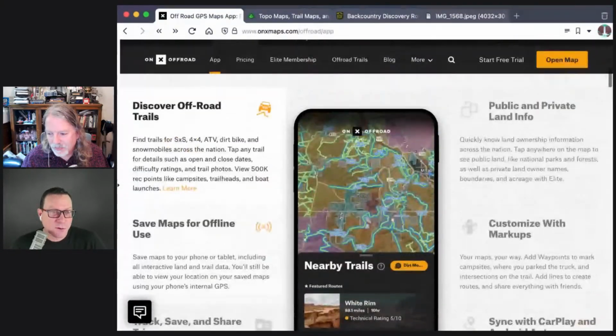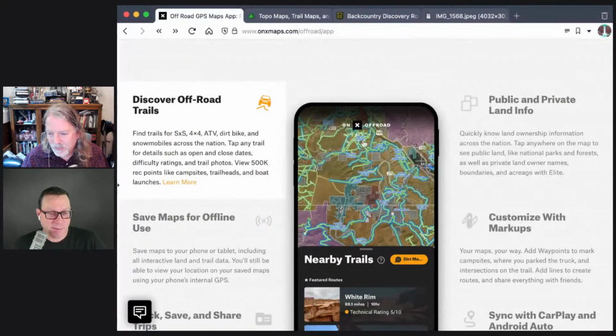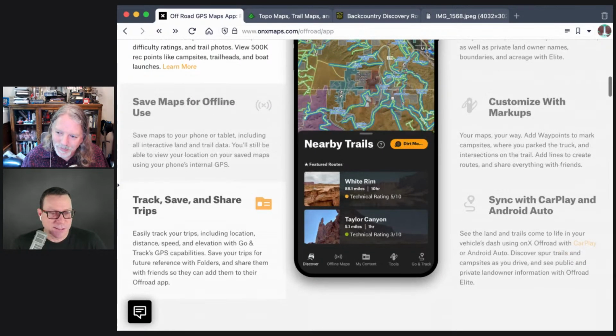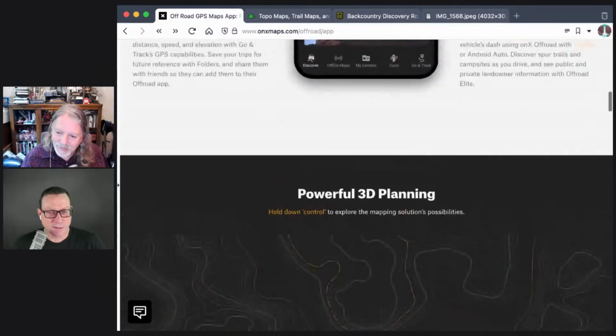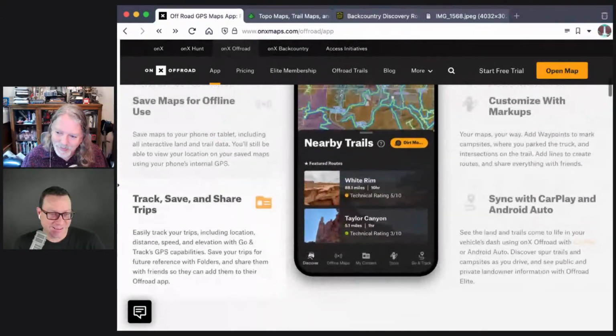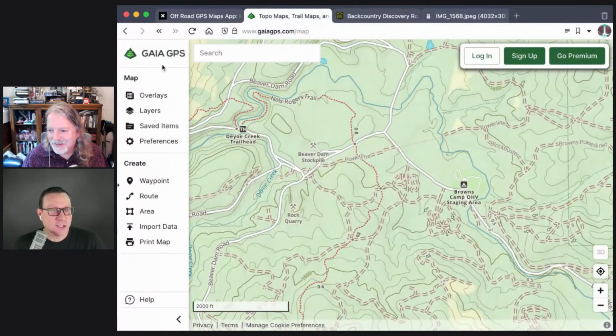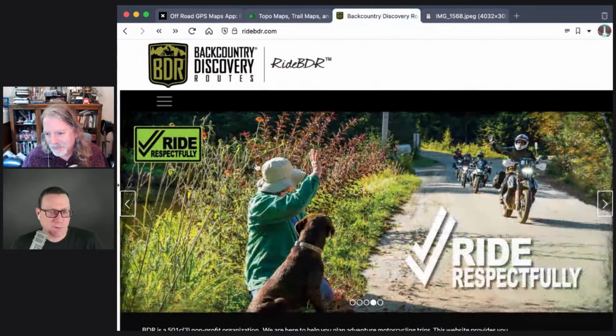So there are some really cool apps on X off-road you can go through and find. You just click a spot on the map and it'll show you all the public legal trails for you to go tear around on, and they're even rated like 5 out of 10 or 7 out of 10 with pictures and distance and challenges, so you can decide up front whether or not you want to go down that path, I suppose. There's also GAIA, which is a similar thing, and then Backcountry Discovery Routes, which allow you to find